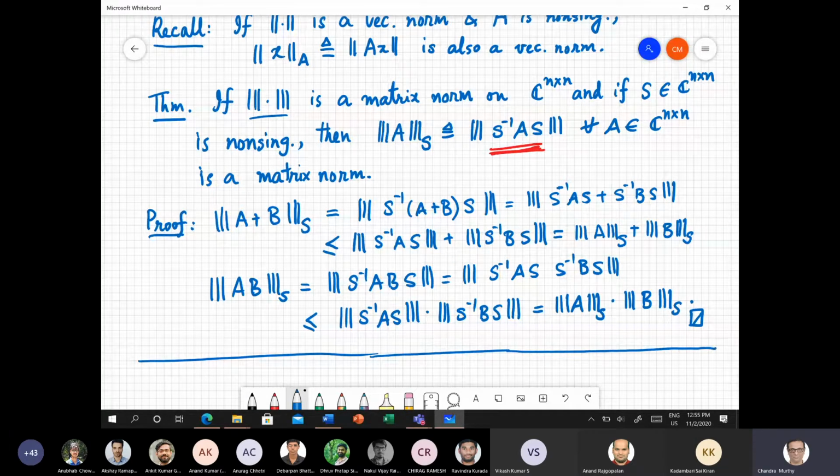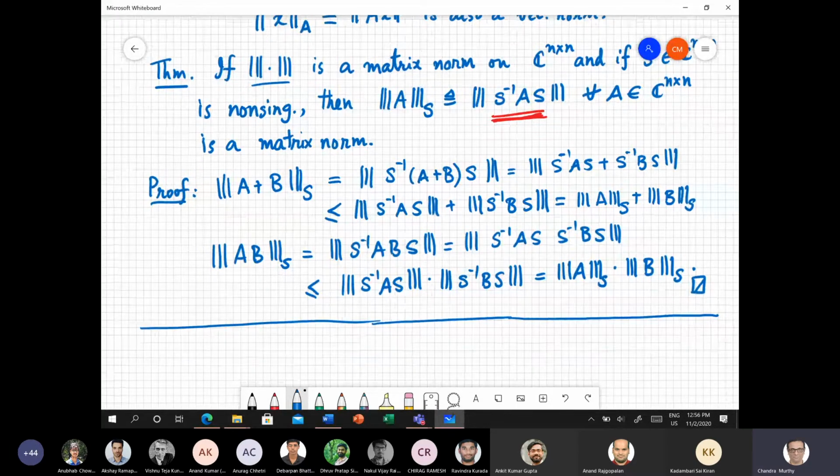We now know several ways of coming up with different matrix norms. One way is you start with any vector norm that you know and then look at the induced norm. The other way is start with any matrix norm you know and consider a convenient non-singular matrix, and then you do S inverse AS and take the norm of that, and that becomes a new norm. So there's a great richness in the types of norms that you can construct. To continue, now I want to discuss a new object which is called, yeah, go ahead please.